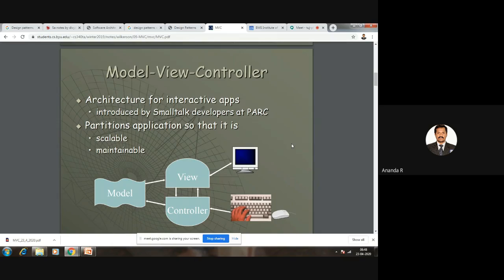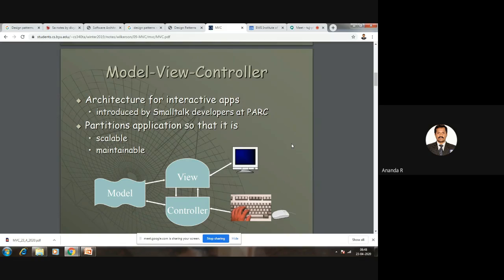As I said, the model view control architecture pattern is a very interactive kind of pattern, where all these components are clearly defined. What is the role of the model component, what is the role of the controller component, what is the role of the viewing component. All these things are very clearly defined. This slide in our example explains clearly how the model view control architecture pattern is used in the computer system.